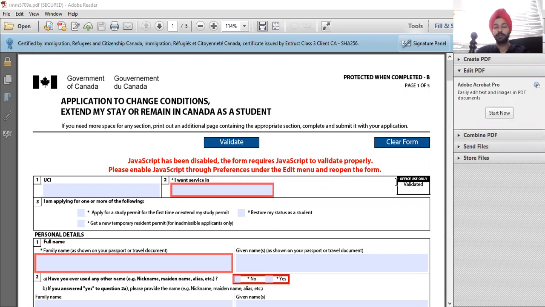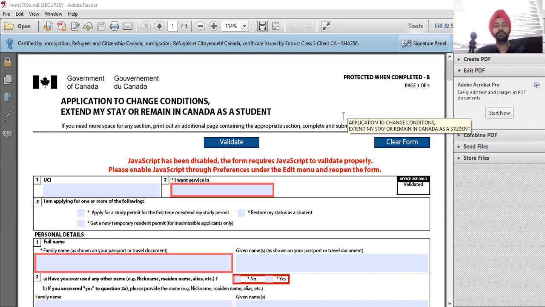I'm Kulveer Singh. So this is a continuation of my previous video, where I already mentioned these tests which we need to take for applying for a study permit, especially the study permit extension. So here this is a form. We cannot open this form completely by just clicking on the file. We need to click over there and then choose the option of